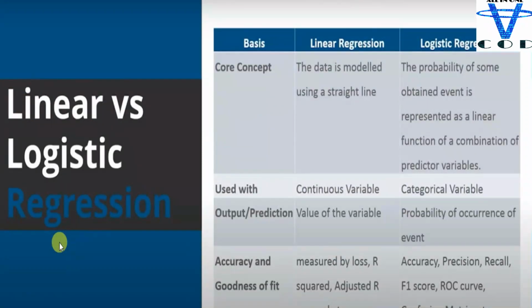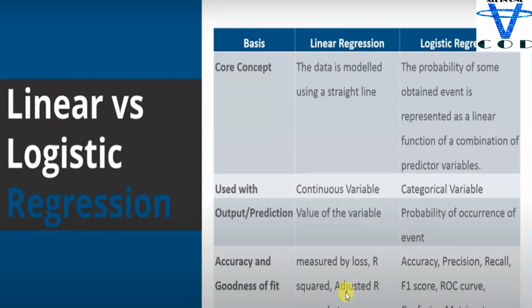The basic difference between logistic and linear regression is, as you can see here, in linear regression the data is modeled using a straight line, but in logistic regression the probability of some obtained event is represented as a linear function of a combination of the predictor variables. Here are continuous variables, and here categorical variables. Here the value of the variables, and here the probability of occurrence of events.